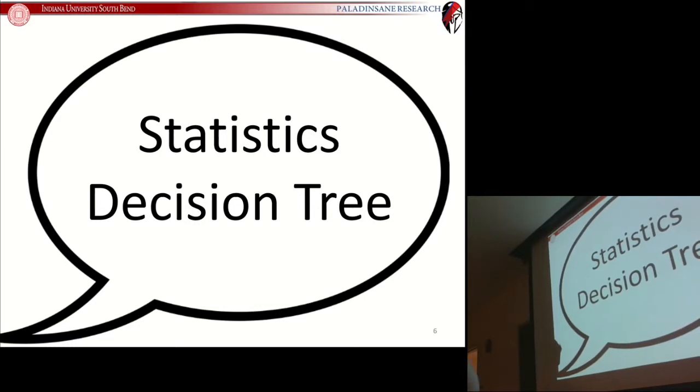All right, so statistics decision tree. Without having collected any data, without having tested a single subject or found a single source of data or looked at a single sample of artifacts, we can still plan out exactly how we're going to run the data that we'll eventually get. And that's what this statistics decision tree is all about. So what we're going to do, we'll split up into groups and work on this in the second part of today's class.